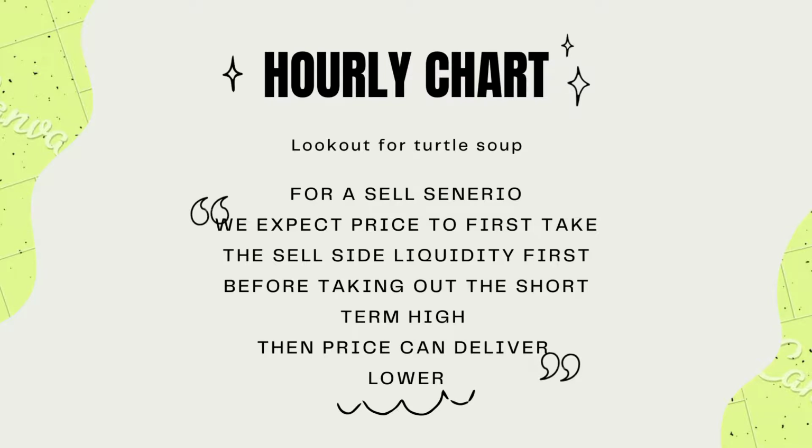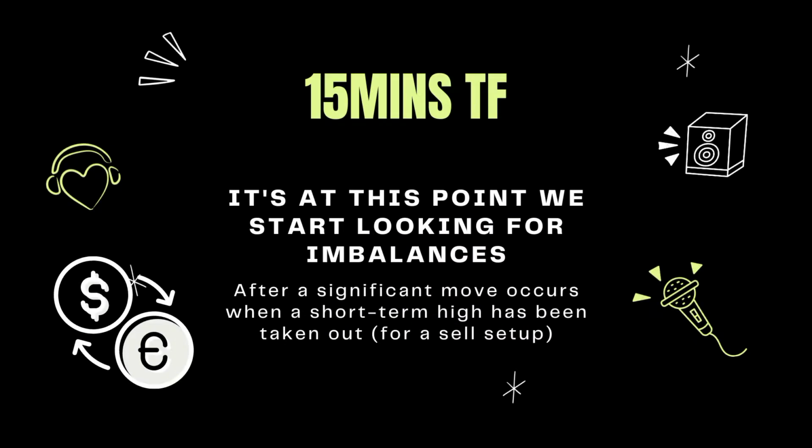bought lower, their stops are below the entry normally, and more people come in at the top once price breaks the highs. So there are buys and limit orders there. So the markets will go and take out the highs, the short-term highs, before reversing impulsively lower. And doing that, it's going to deliver lower. So what I have to look out for is first market taking out the lows, taking out the highs, then we can expect it to go lower to react off the next zone.